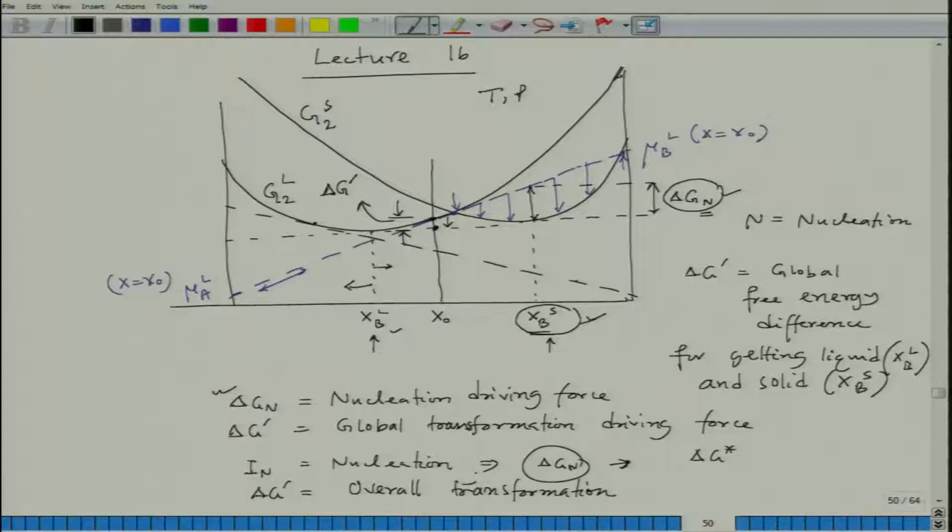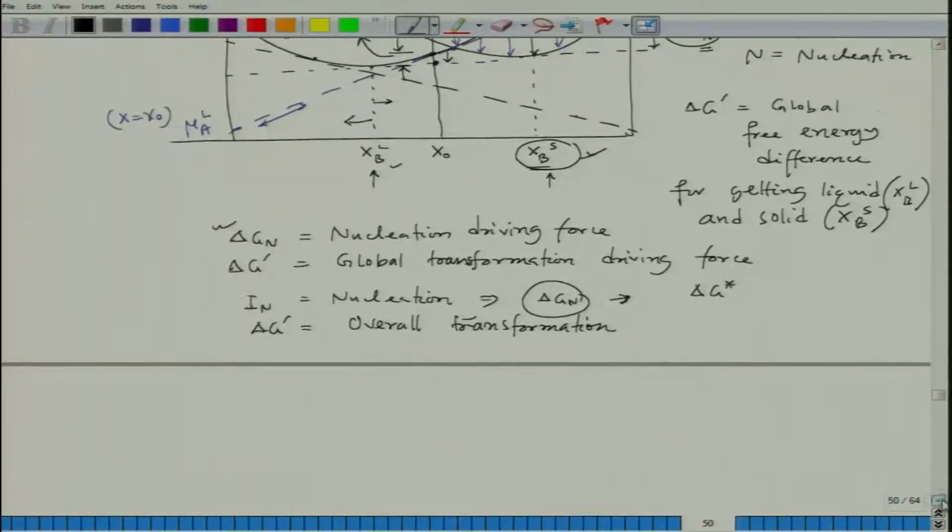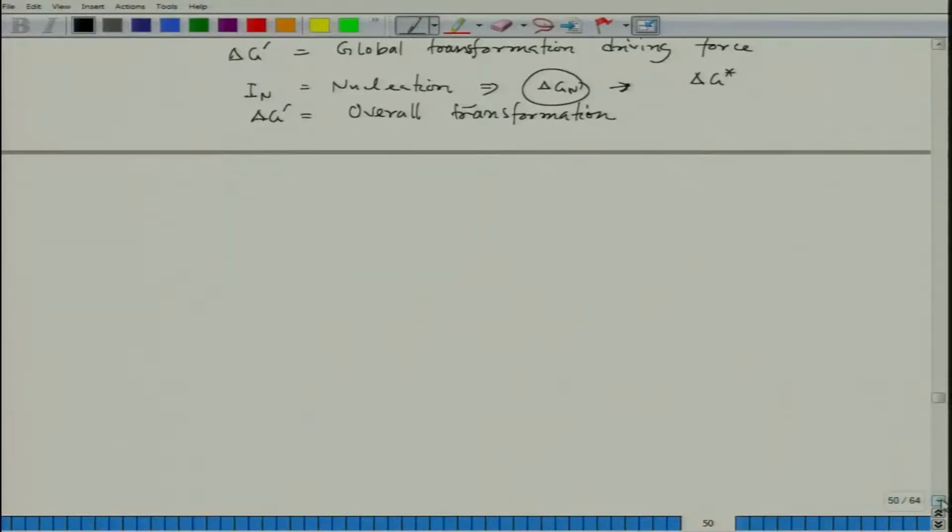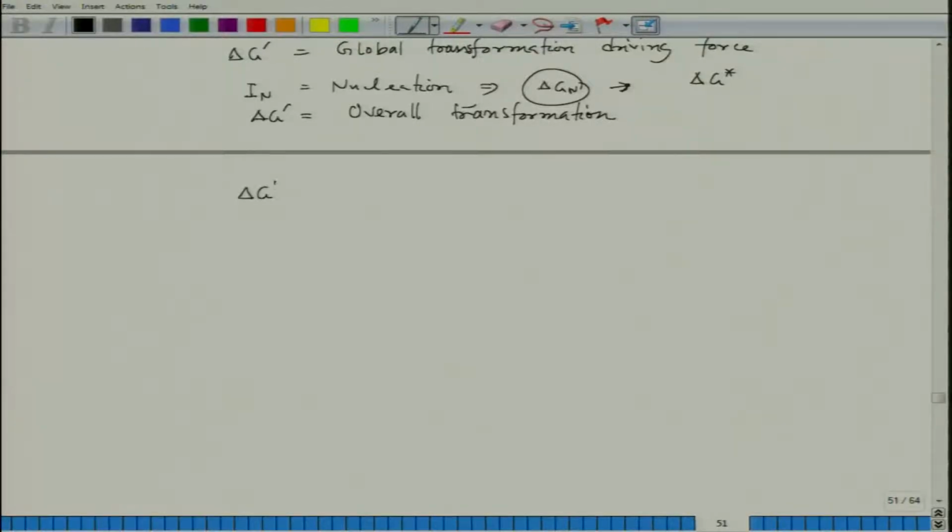Overall transformation. So we will see that. Now coming to the discussion of what we have done in our last phase of lectures. There we have seen that delta G star can be indicated with this particular formula,